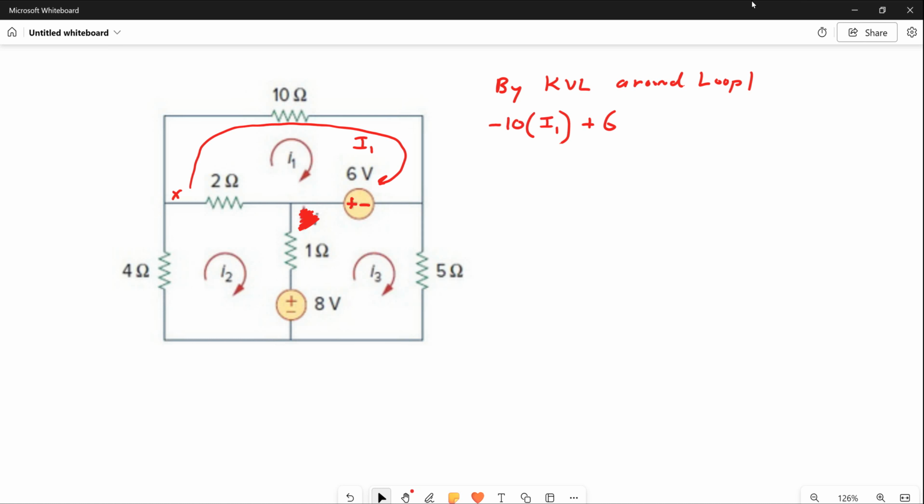Then you have a resistor, a 2-ohm resistor. You say -2 right away, and you stop and think. If you're in my class, I have you pause. -2: as soon as you see a resistor, negative the resistance value. And then you say, what current goes through that 2-ohm resistor? Well, there are 2 currents, I1 and I2. But since you're in loop 1, the lead current is I1 minus I2